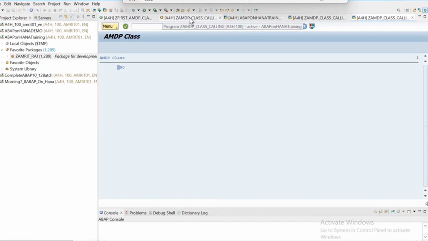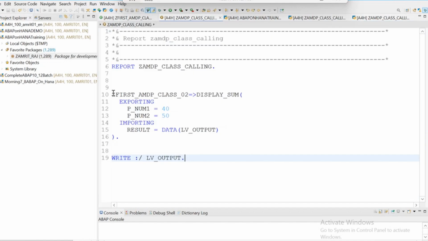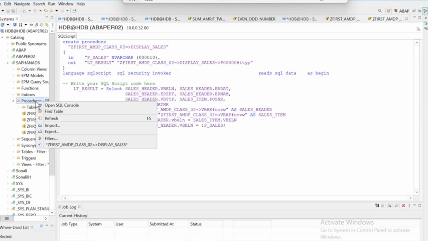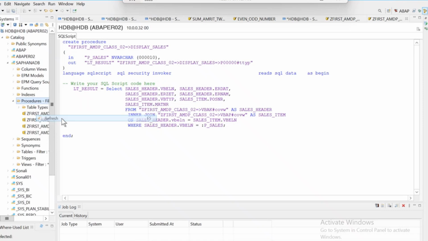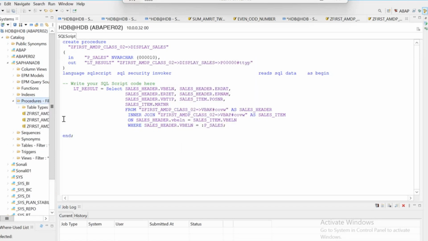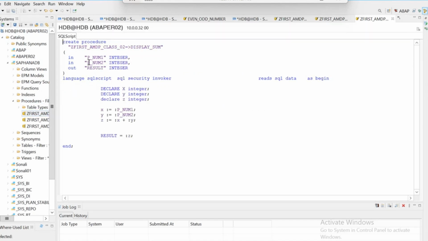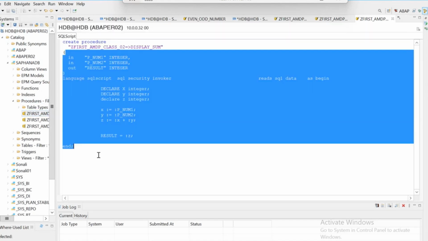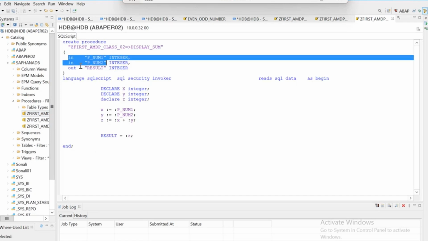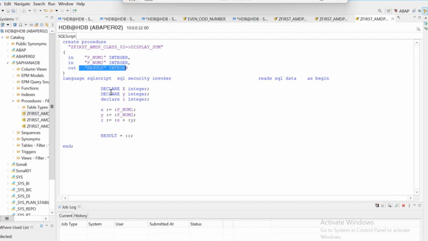The same thing will be generated again, another procedure. So if I copy this, and here if I go and check this procedure section, refresh, and right click, filter, this again. You can just see this part. Same way as we created our procedure. It is two input parameters, one output parameter, and here you see